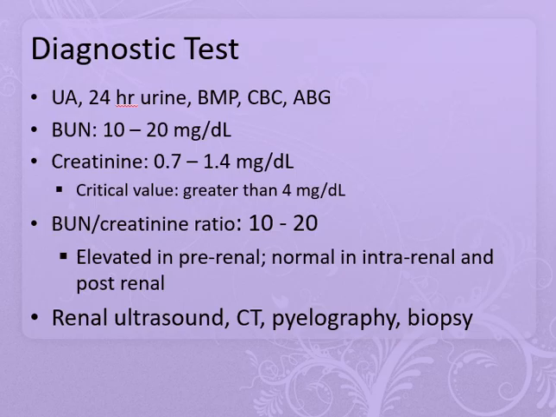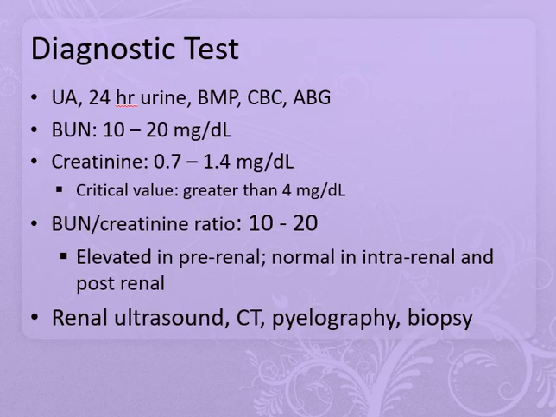BUN by itself is not specific to renal. It's for protein metabolism, and it goes up for lots of different reasons. High protein diets make it elevated. Dehydration makes it elevated. Creatinine is the one that we want to look at, and normal values are